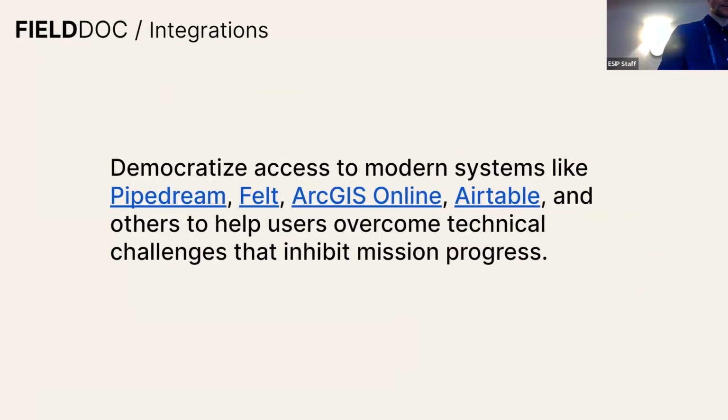So I'll preface this next section by saying we're not affiliated with any of these companies. They're in the ecosystem of systems and tools that we're excited to see our stakeholders enjoying a lot of success by using. A lot of the work that we do these days is basically plumbing.